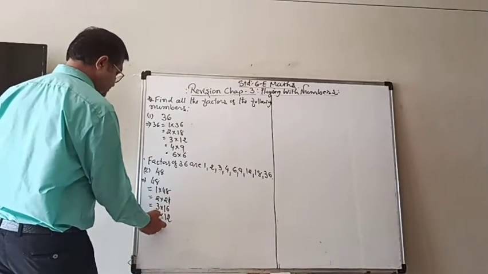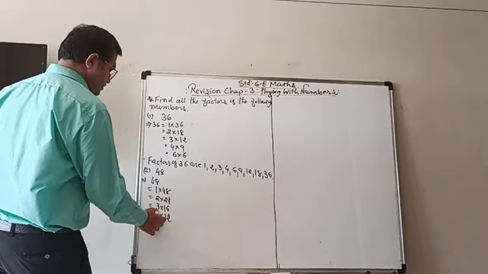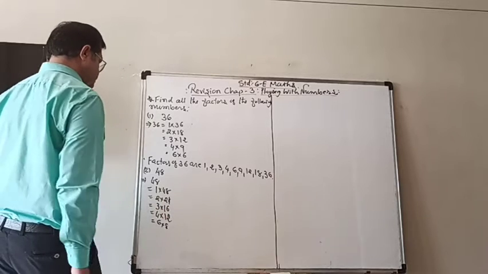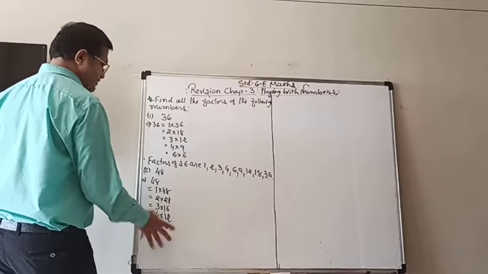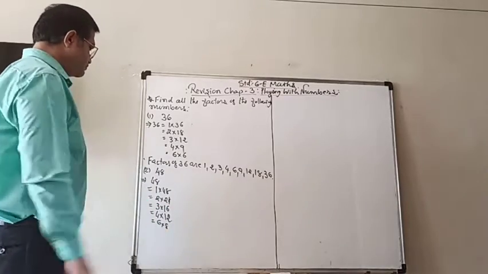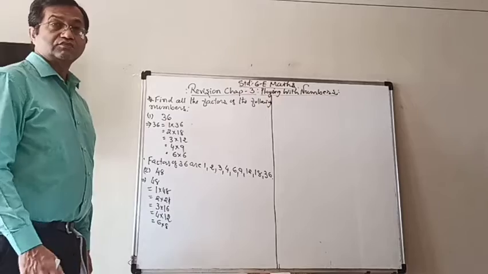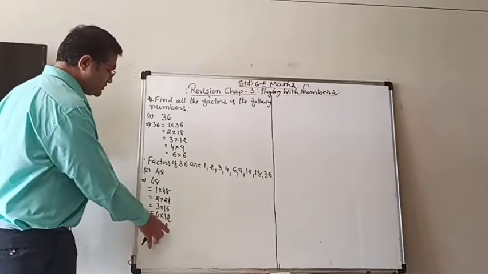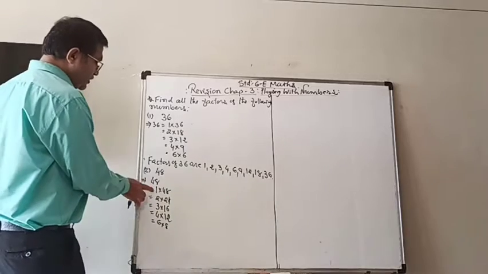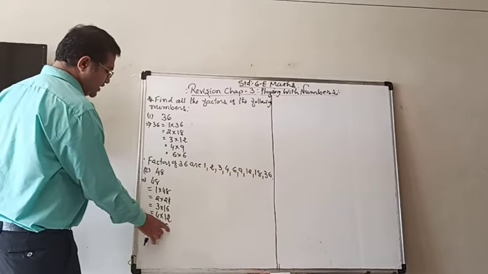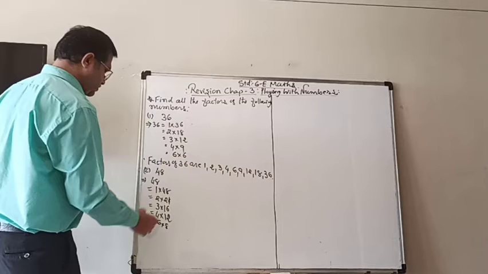Check by 6. 6 8s are 48. So now the two are very near. After that 7 is not a factor of 48. So now we don't have to go on, because again it will be 8 by 6. So same will repeat. So we don't have to do that. So now we can write down 1, 2, 3, 4, 6, 8, 12, 16, 24 and 48.